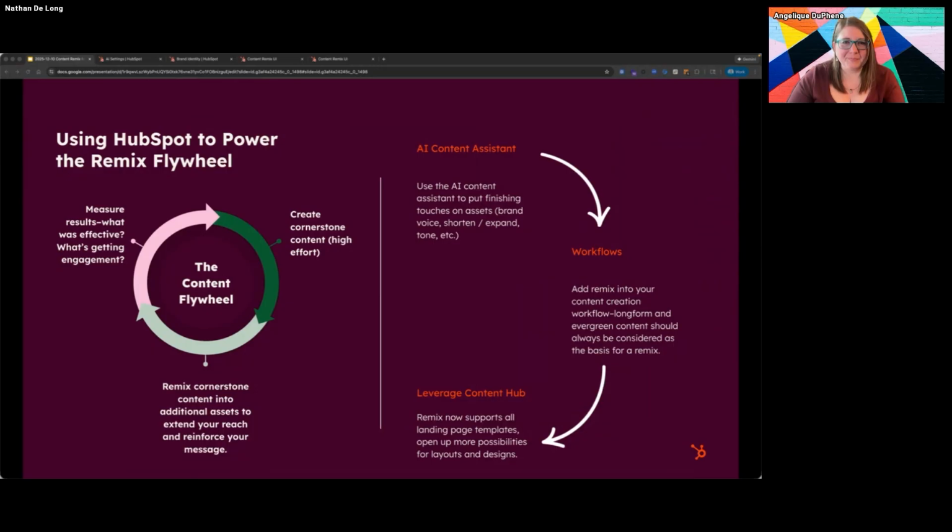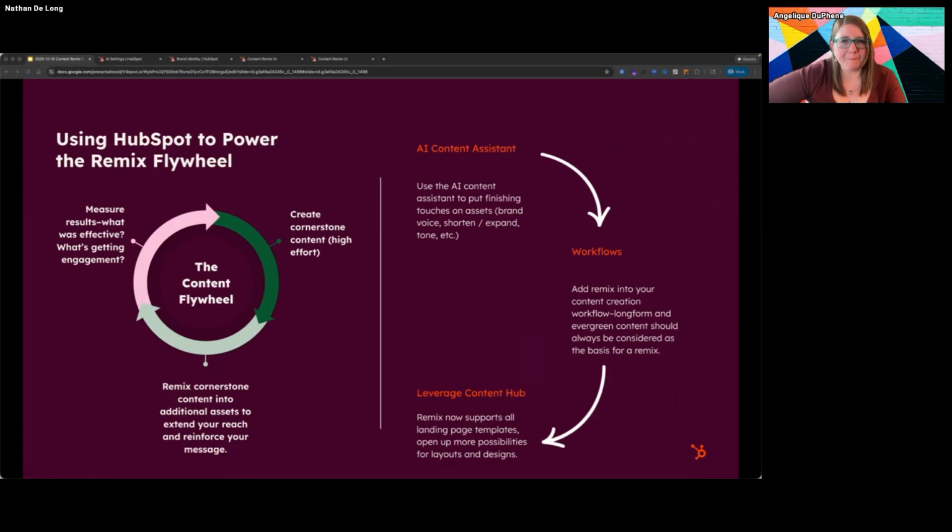The next thing to think about is, once we create content with Remix, I always say it's the quickest way to get 60% of the way done with that content, right? The purpose of Content Remix is definitely around shortening time to value when we are creating new assets based upon other long form or evergreen or high effort materials.